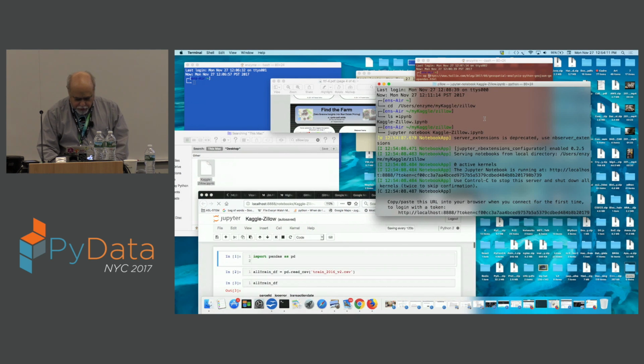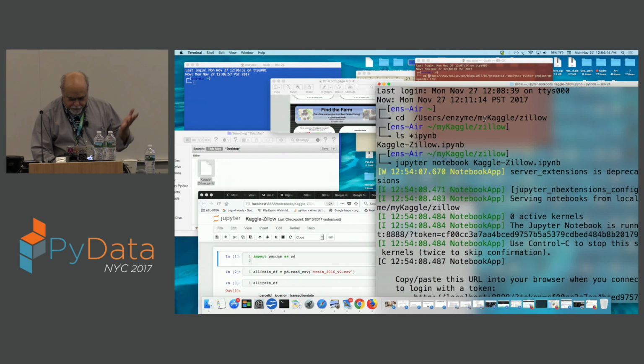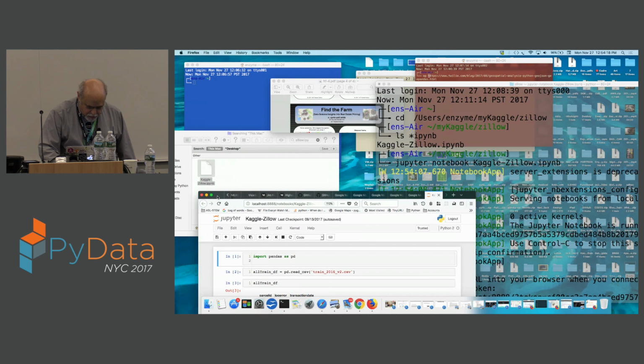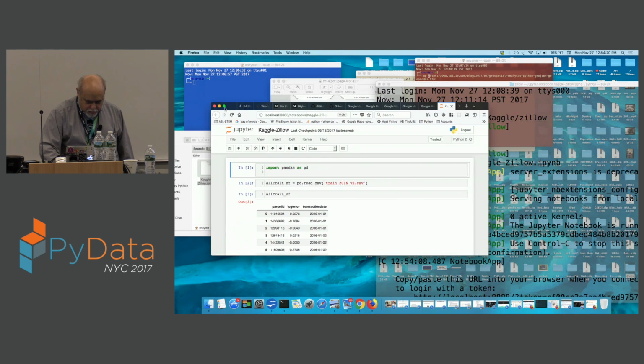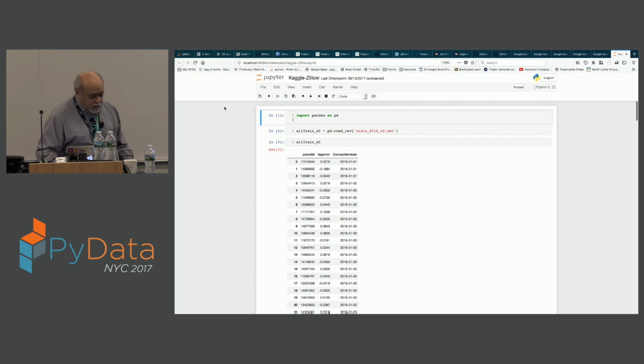Let me make this a little larger in case you didn't see that. All right, just Jupyter Notebook and then the name of the notebook. And let's make this big. Okay, and I'm just going to go ahead and restart and clear all the output.